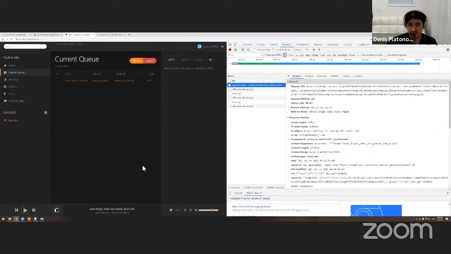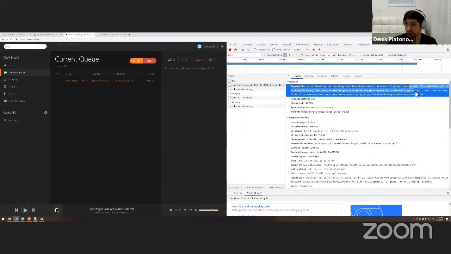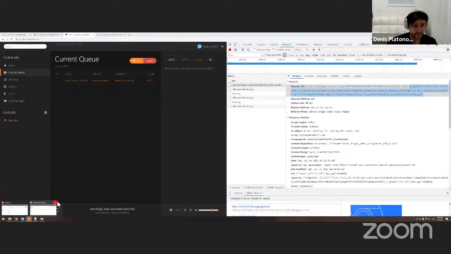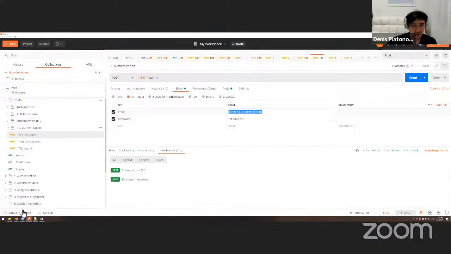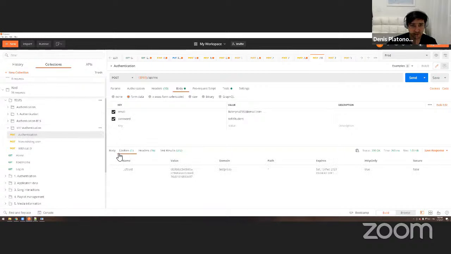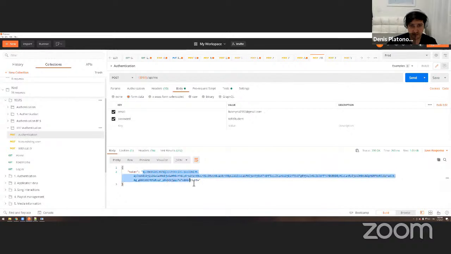So we can actually even compare that. API, song ID, play. So this is the API, this is the song ID, this is play. Okay, it has a JWT token attached. And this JWT token is exactly what you get back in the body, this guy.